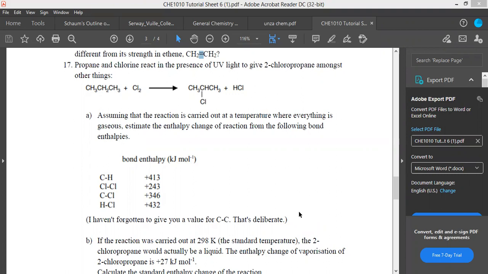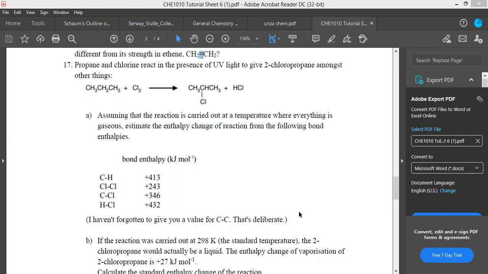So check how many bonds you have. If you check, you have one HCl bond, and that HCl bond is 432. That's what they've told us the energy is. So 432 plus